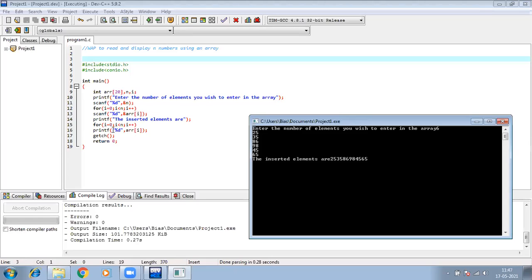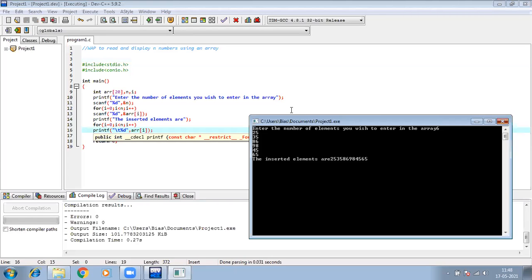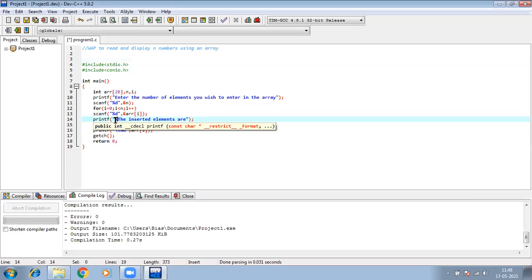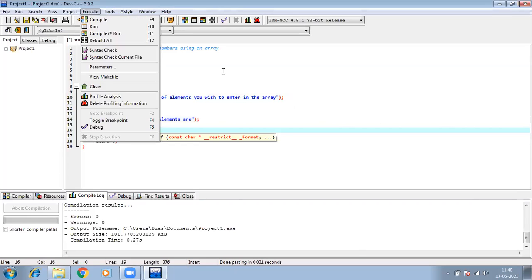the array. So let us do it more beautifully so that it is visualized better. I am using a tab so that all the numbers, and I am using a new line as well, so that all the numbers will be separated and you will be able to see. Once more, let us execute.